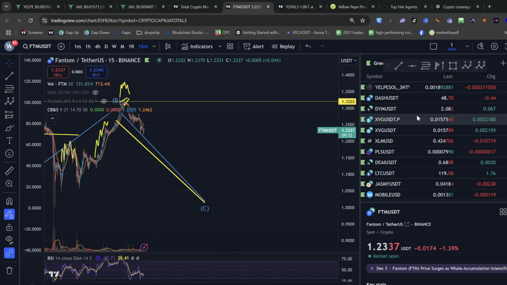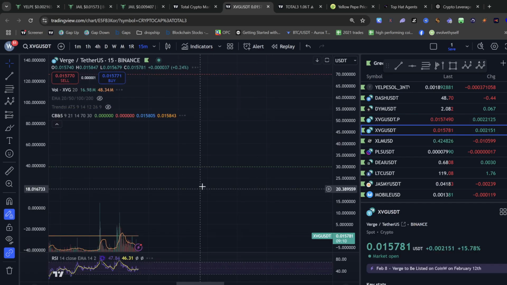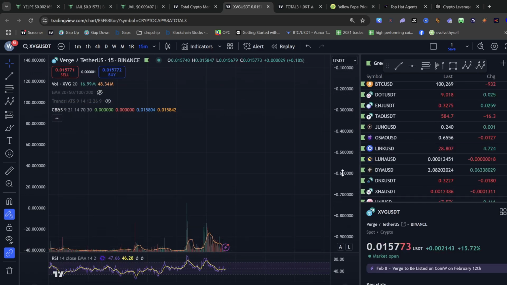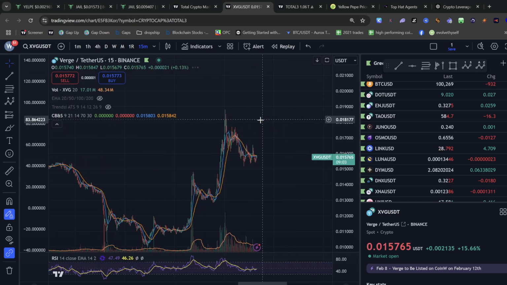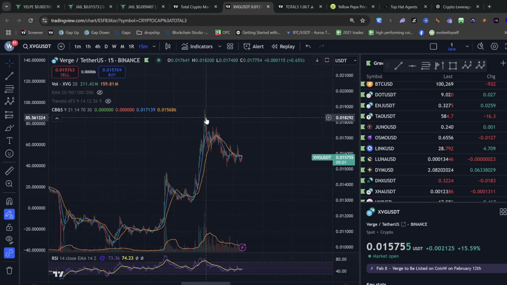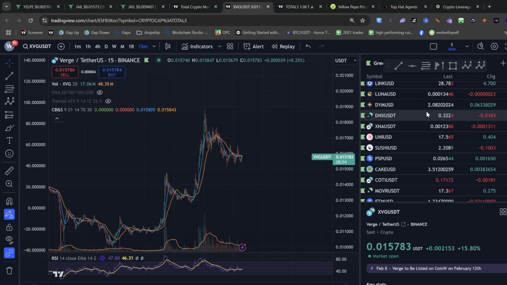But I see a lot of decent shorts. This Verge has been pumping. I almost took a short on this last night too. I wish I would have, because I'd be up pretty good. I saw it like right here. I should have shorted it. I don't like having too many positions open at once. But yeah, this is coming down too. I think we're gonna see a lot of alts